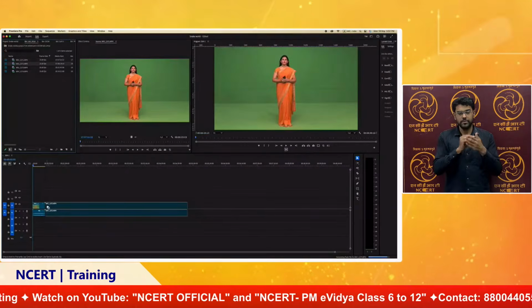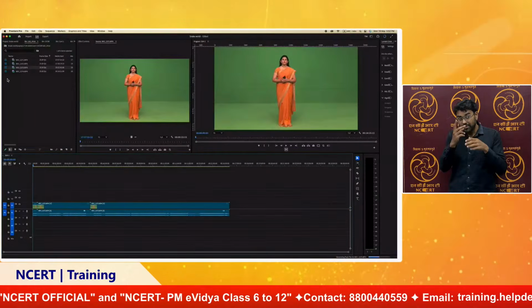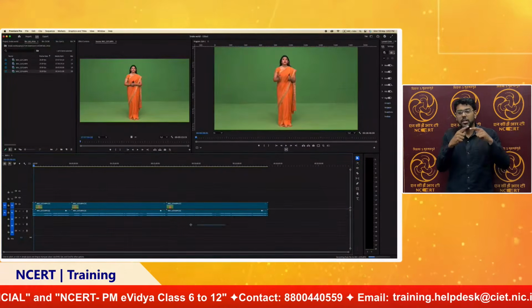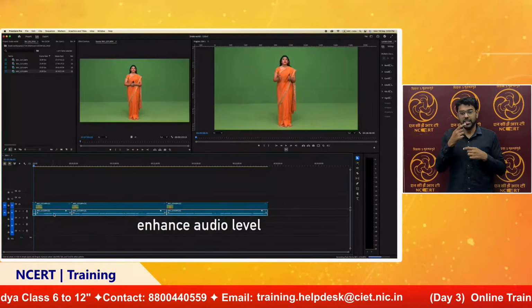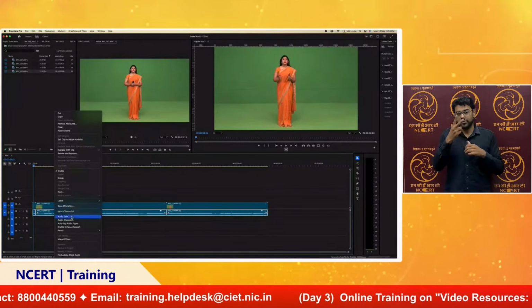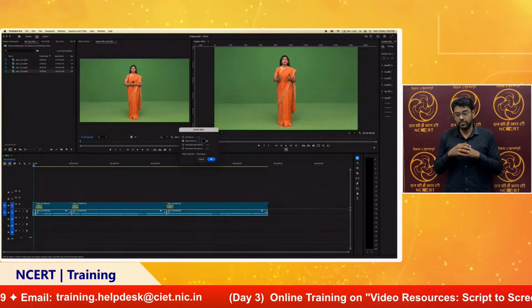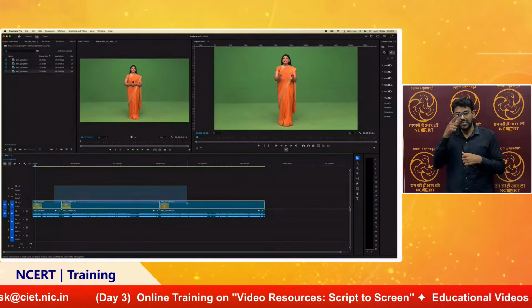timeline. On the bottom you can see it's a timeline, which I just talked about. The anchor is standing in front of the chroma that we talked about. That's why I just want to show you how we remove chroma. These two layers, the upper layer is of the visuals and the lower layer is for the audio. As you can see the waveform. So what we do, we just use a simple key.